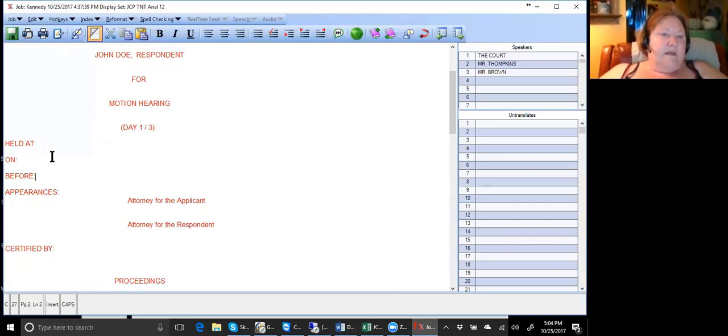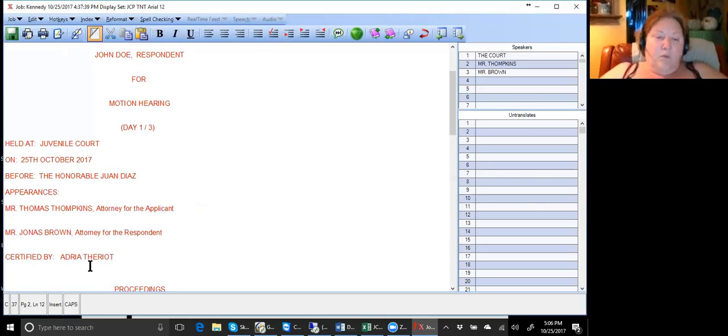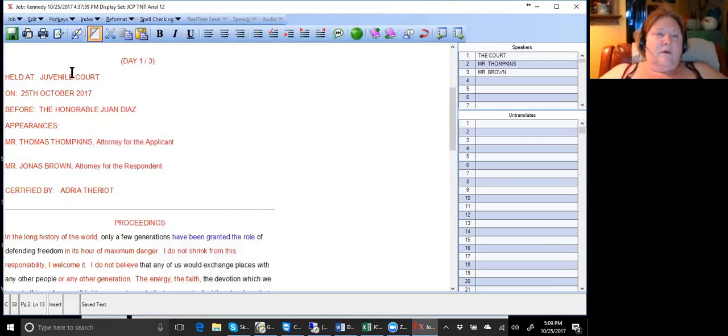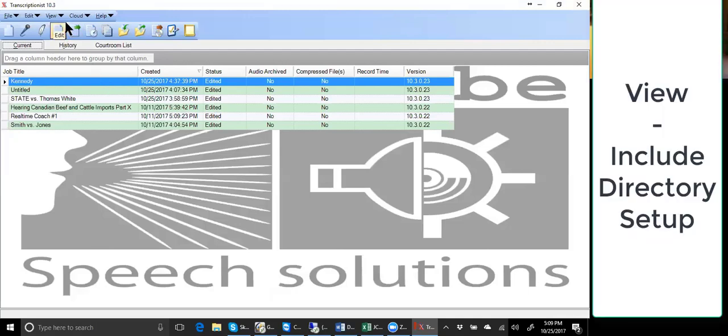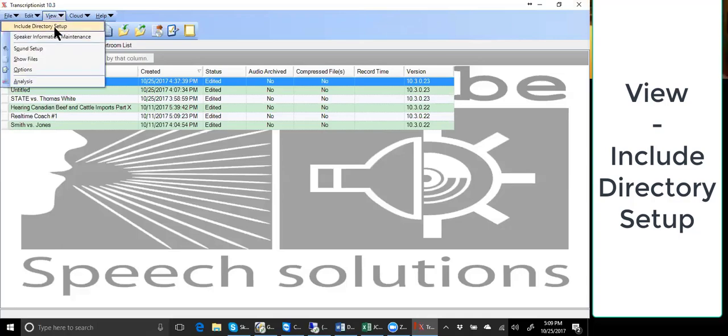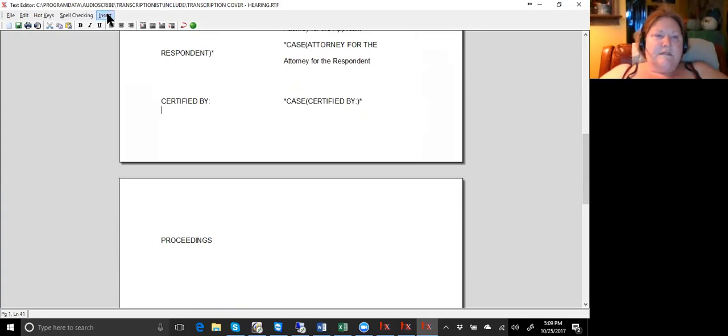So this may be held at the juvenile court, and then we may want to add a section break here or a hard page, Control Enter. We'll put a page break there. What I'm going to do is save my job right now because I want to go and check my cover pages. My cover pages, also called include pages, I can access by going to View, Include Directory Setup. I'm going to add a section break